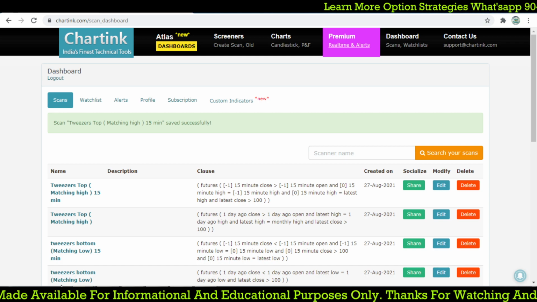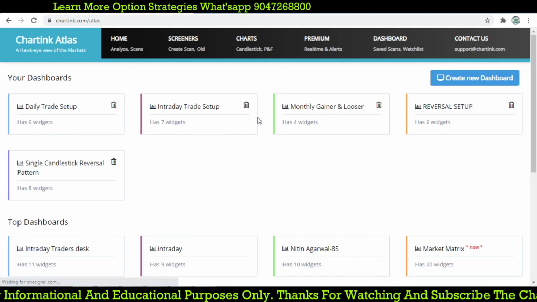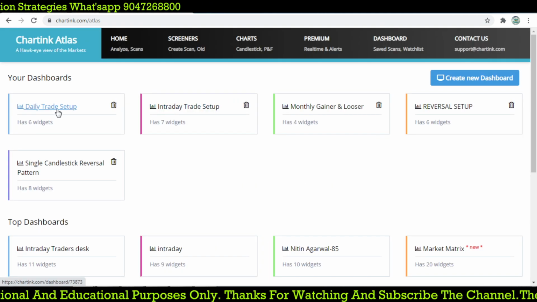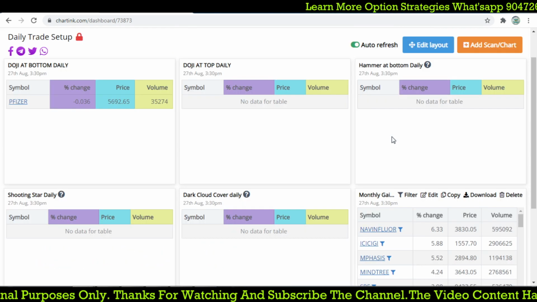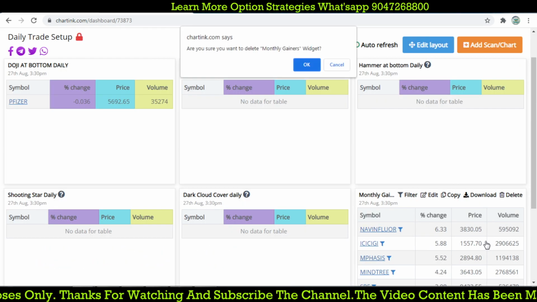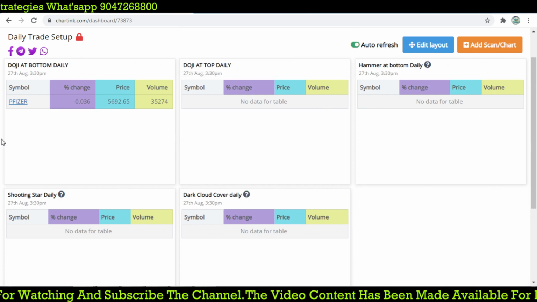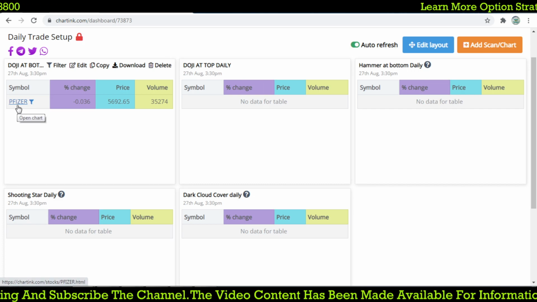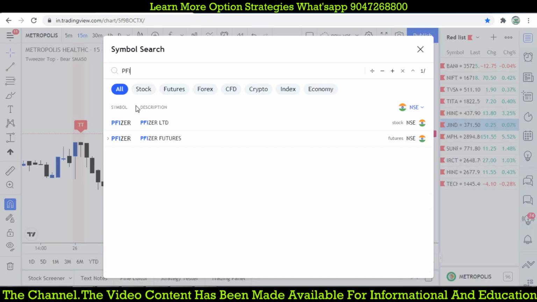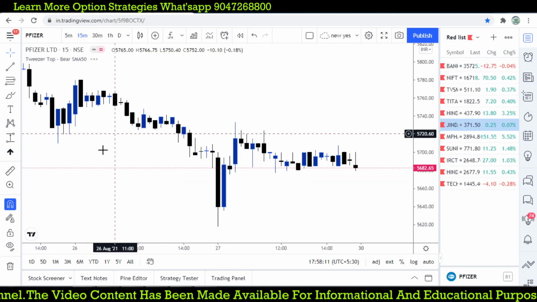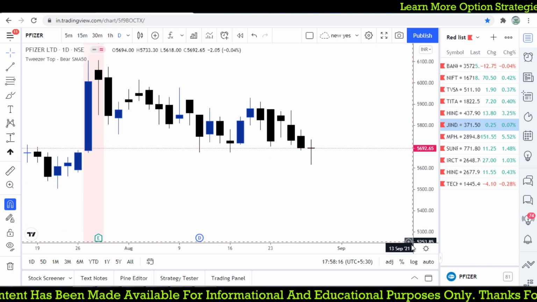So based on this scanner, we are going to plan a trade for our next day. And for our daily candlestick pattern, what are the stocks? This is a single candlestick pattern at daily, and we don't get any single candlestick reversal pattern except Pfizer. That one is forming a doji at the bottom. Let's check on the daily basis. So let's say doji on the daily basis, and yes, got it.